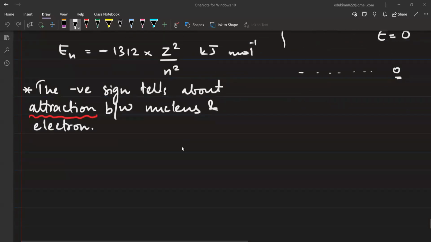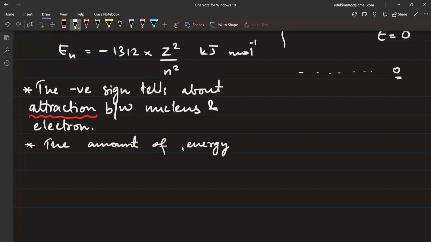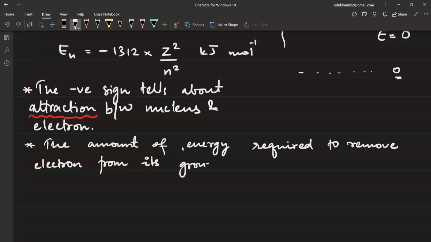After this, the amount of energy required to remove an electron from its ground state to infinity is called